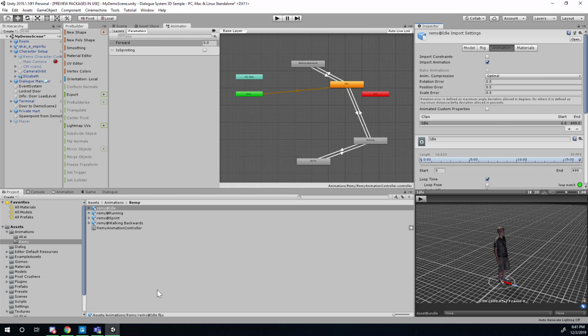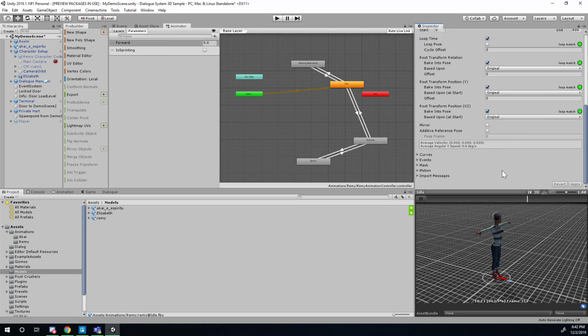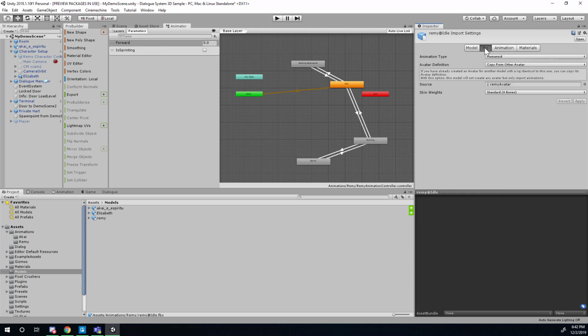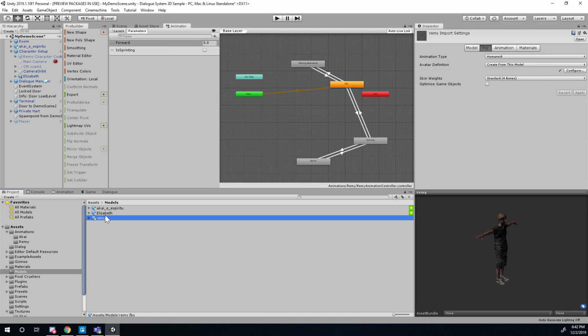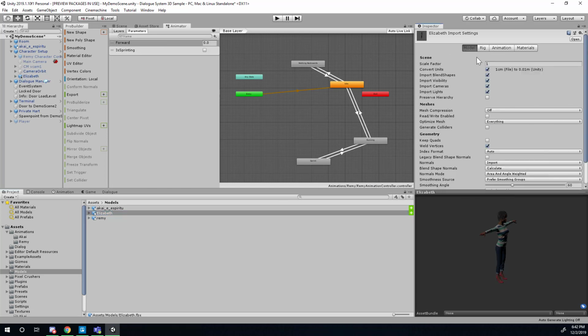Let's see what happens if I drag her model in there. Let's just see. If I hit play, it does not work. So this is, I suppose, an accurate preview of what we see in the game. Why is it not working? And can I figure this out? So what happens if I go back to Elizabeth, the Elizabeth model, and we can try to maybe set up her